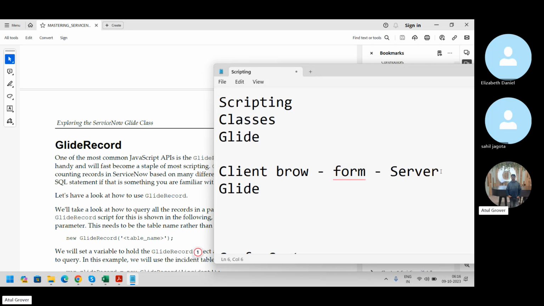Glide in the dictionary means smooth, smoothly working. But here glide doesn't mean that. What my experience says is that